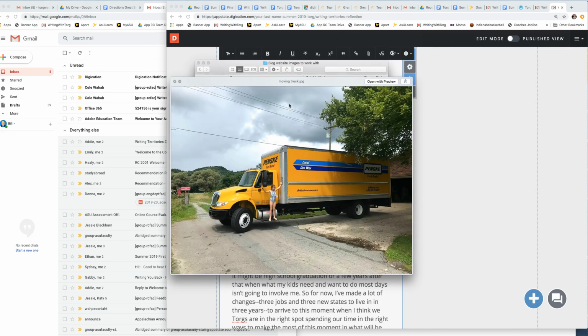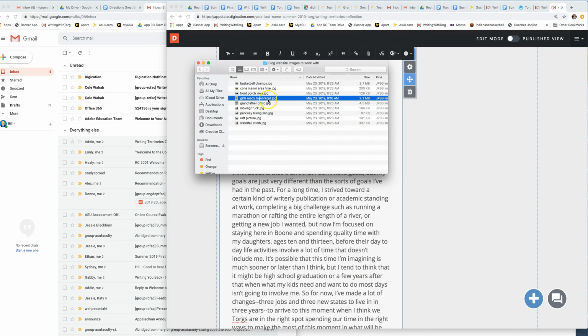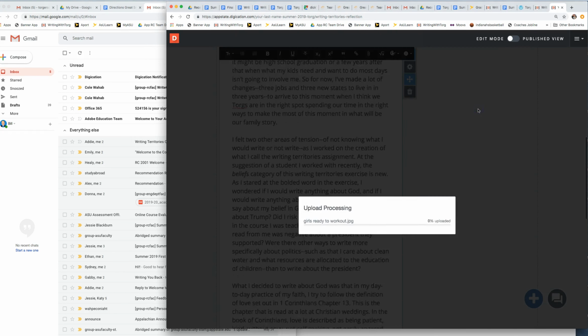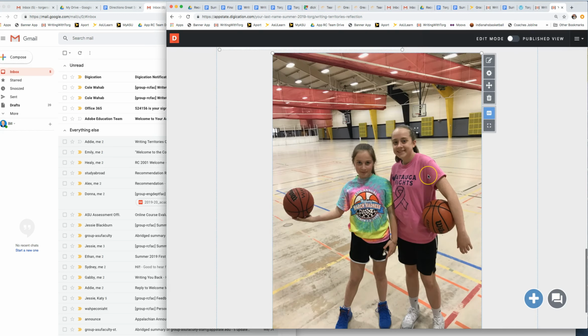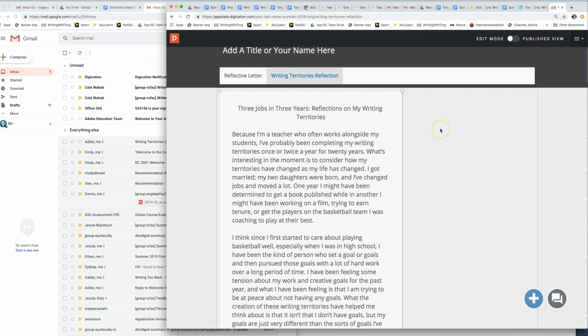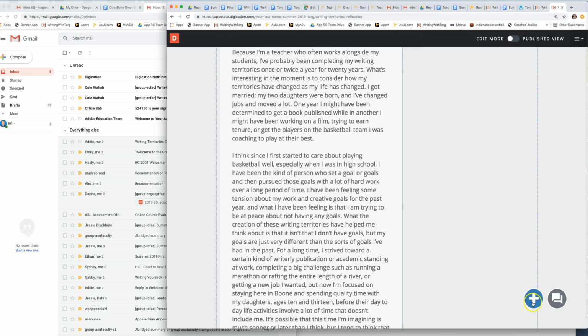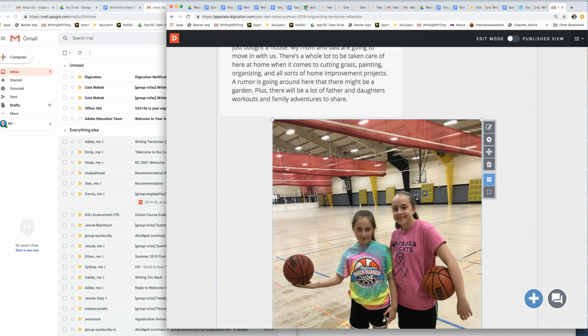So I like the one with the girls working out. And so I can just drag that. This is an apple. I can just drag that over to the right. And then it gets thrown in at the bottom because it's too big to fit here. The other thing I could have done was hit this plus sign to add content, which I'll show you here in a second. So I have to make this smaller